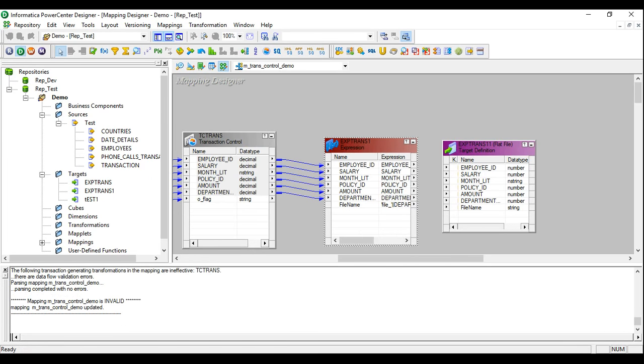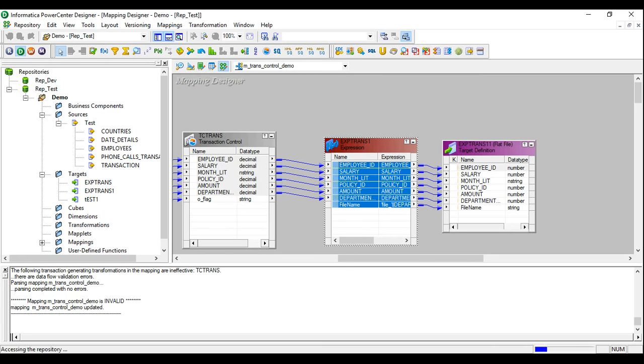Let's connect this further. Let's connect the entire thing, and our mapping should be valid. So our mapping is valid.